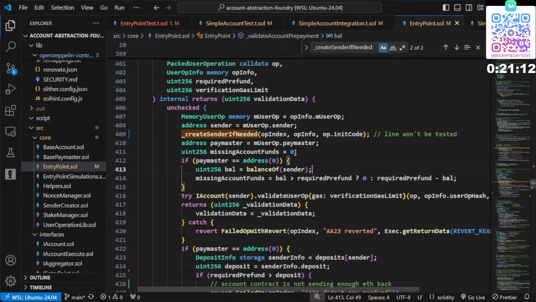Next, we are going to write each and every scenario for it in our integration test, where we will try to get all these errors by calling the entry point, by calling handle user ops with all the details. So we are going to tweak everything accordingly, where right now we are unit testing it, not integration